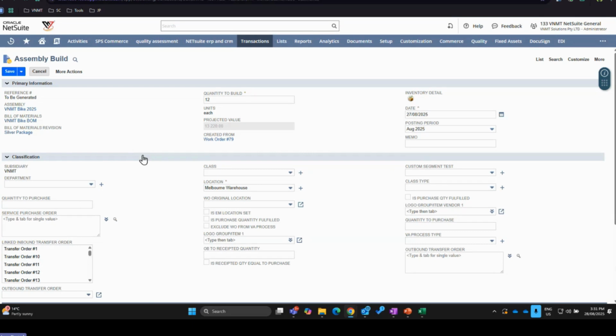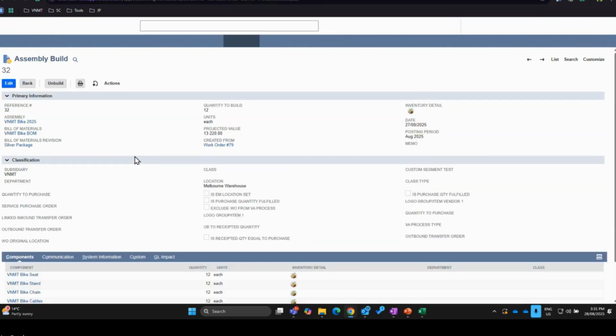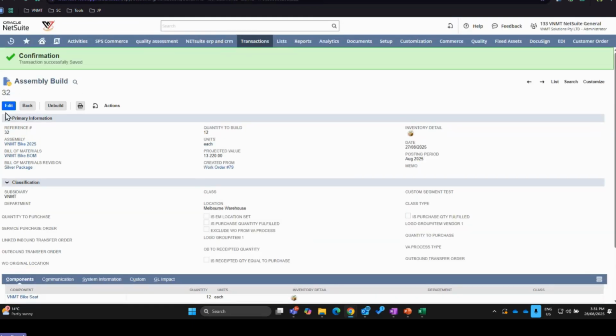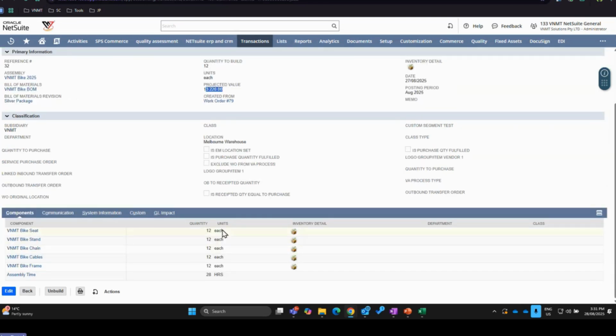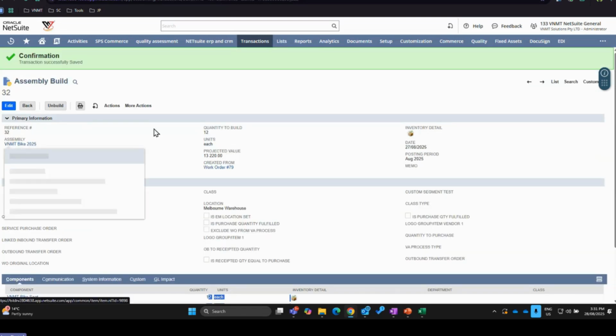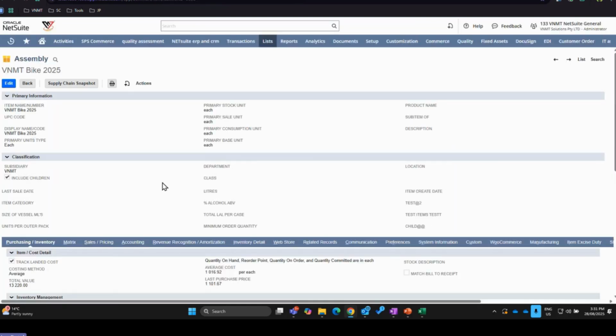So once I save, it has built my assembly build from the work order 79. Projected value is based on all of the component value plus labor. And I can see what was consumed to make this particular batch. And if I go to assembly level itself,